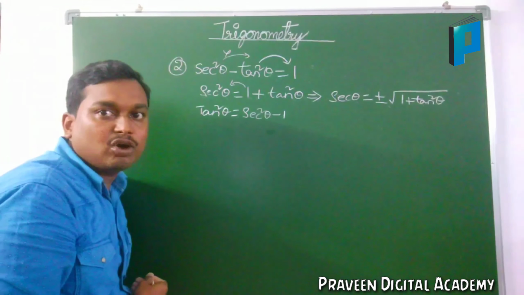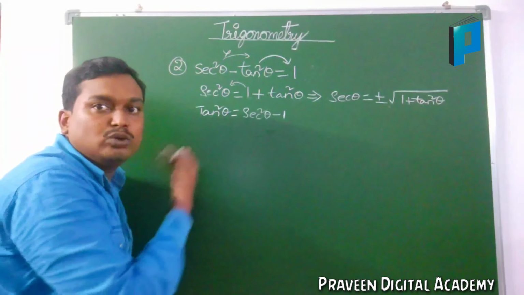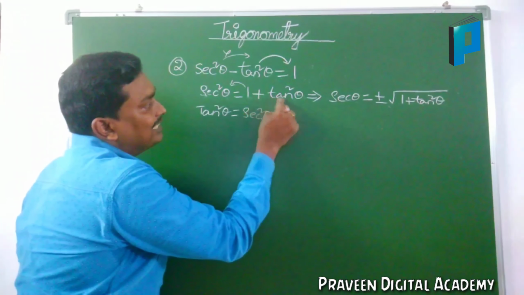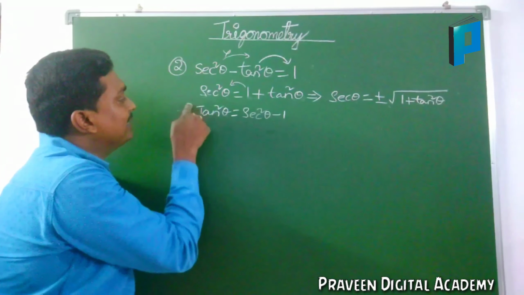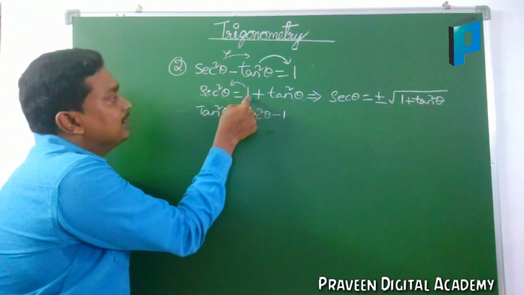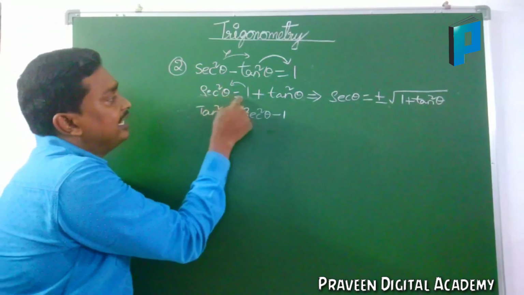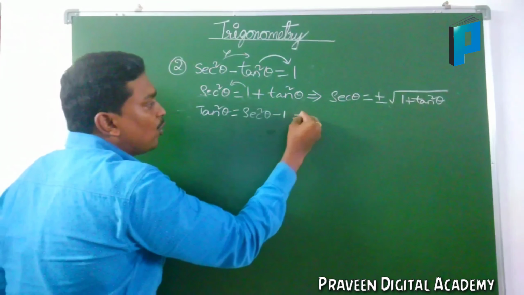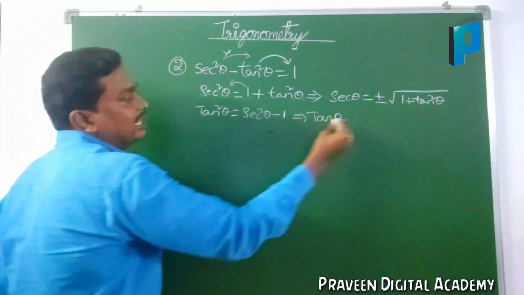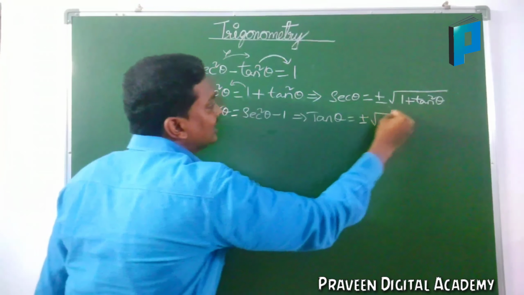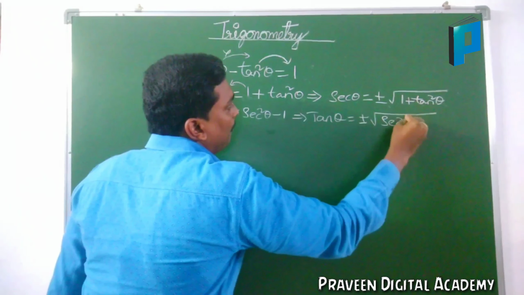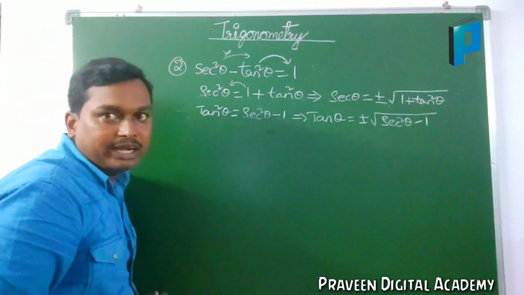Again I would have to take minus common and cancel it. Why do that long method? I am going with the shortcut here, to get plus tan square theta. Tan square theta means plus tan square theta only. Just send this plus 1 to the other side and it becomes secant square theta minus 1. If you want only tan theta, send this square to the other side. It will become plus or minus under root of secant square theta minus 1.